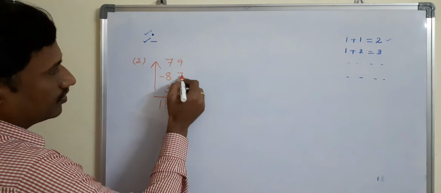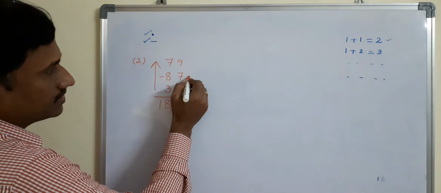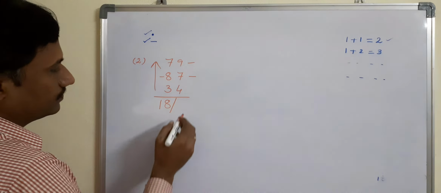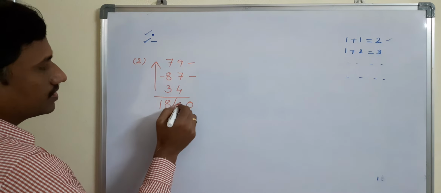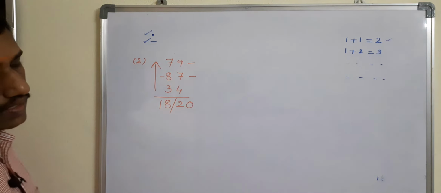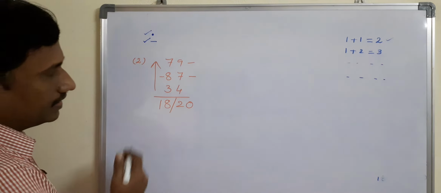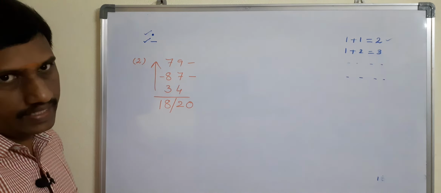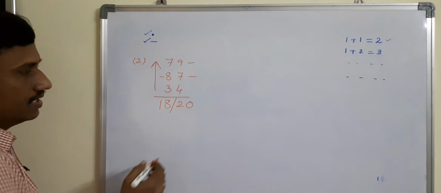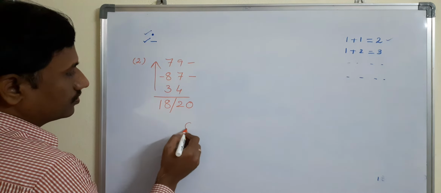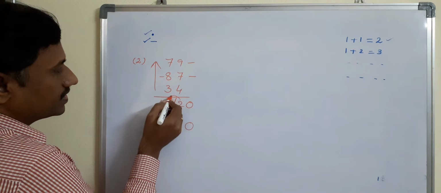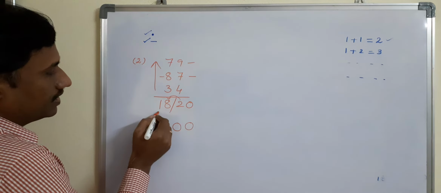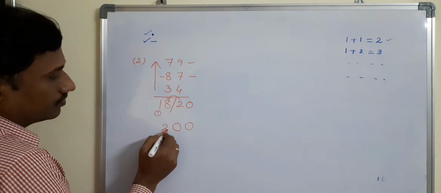Next, here 4 plus 7, 11 means just remember 1. 1 plus 9, 10 means 0. And how many bars? 2. Okay. Now, after doing column wise addition, we have to balance this. Here, how to balance in this method: just write this one digit as it is, 0. And you have to add this tens place to this number. 8 plus 2, 10. And carry 1 is there, add that 1 here, 1 plus 1, 2.